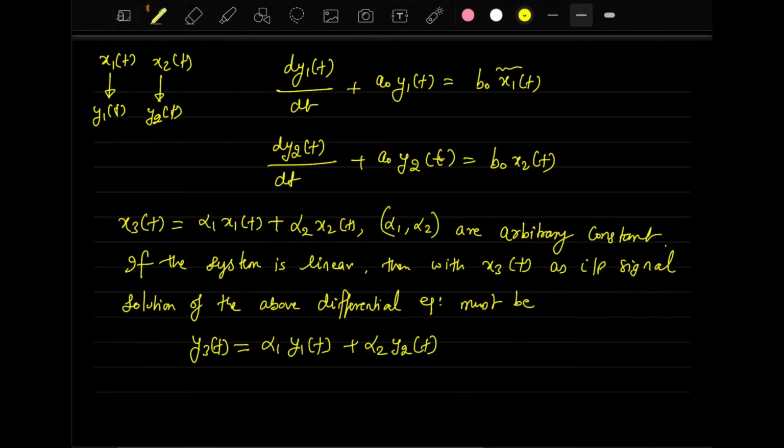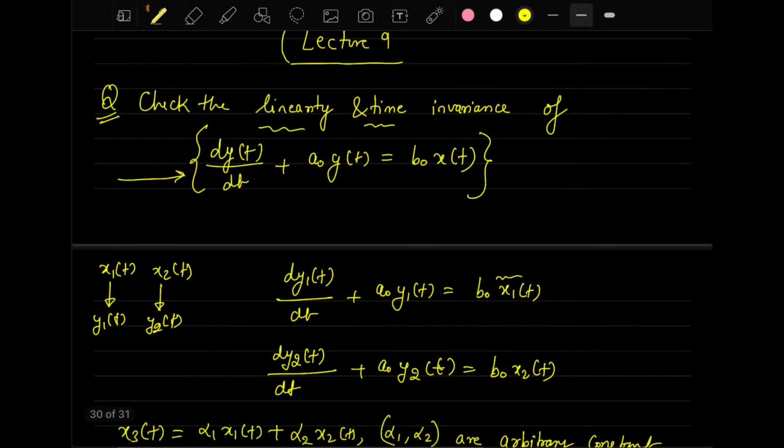So basically we are saying that if the system is linear, and we pose that constraint, then y3(t) will be this way. If we can express y3(t) like this and verify it properly, then we can say that the system is linear. So here we are first assuming it, and then we will prove that it is indeed true. Here y3(t) is alpha 1 y1(t) plus alpha 2 y2(t), taken from the linearity condition that we have seen earlier. If this is the solution, then it must satisfy the differential equation which is given over here.